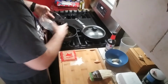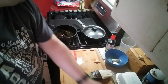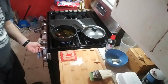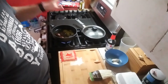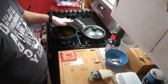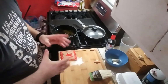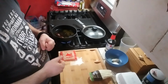Alright. You want to get all of that in there. Make sure that's all the way in. And then you want to turn your front burner on to a medium high. You're not going to want to bring this all the way to a boil. As soon as that starts to bubble, you're actually going to want to take your kombu out. Otherwise, it's going to start to smell a little funky and it's going to give a funky texture to your